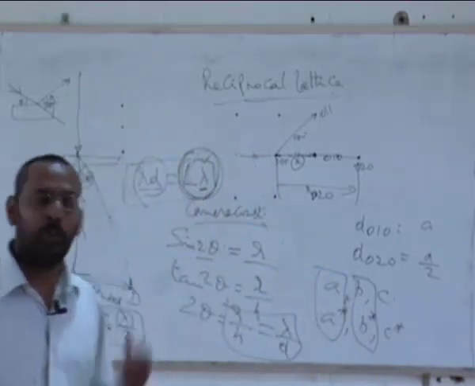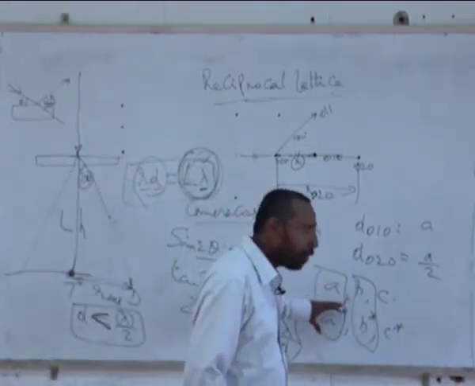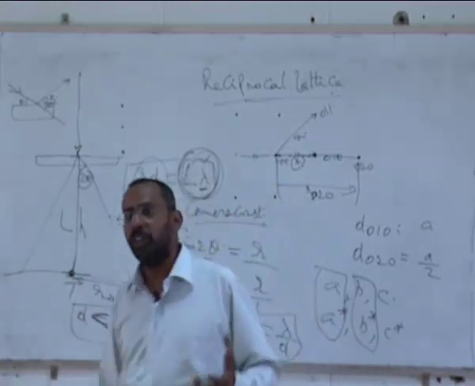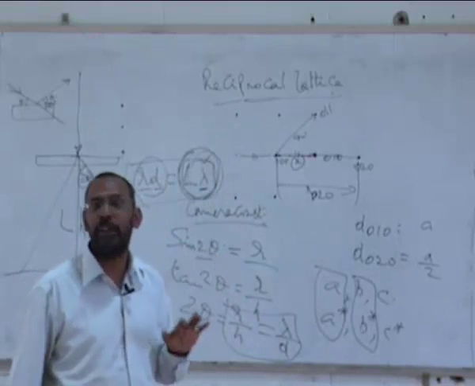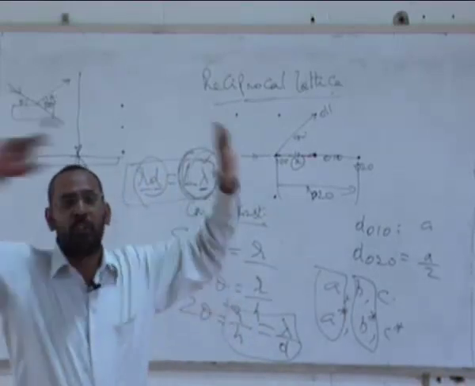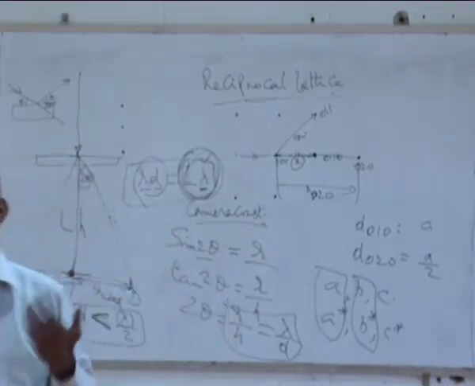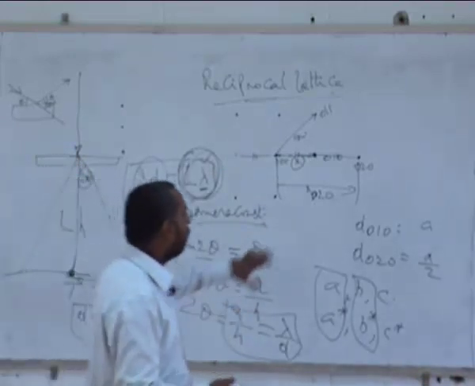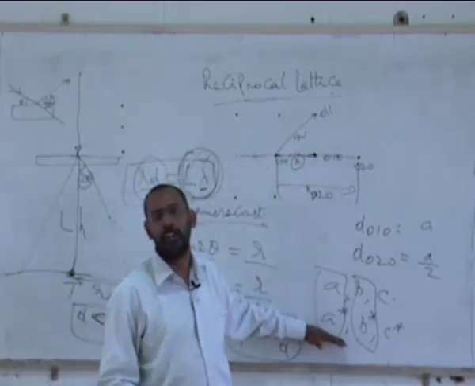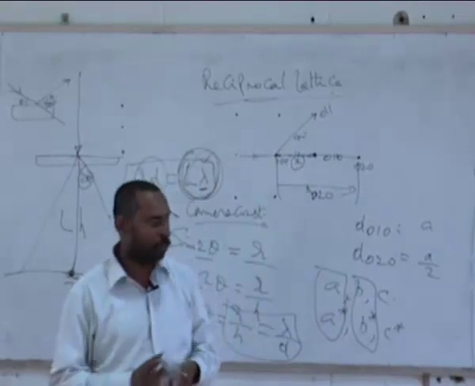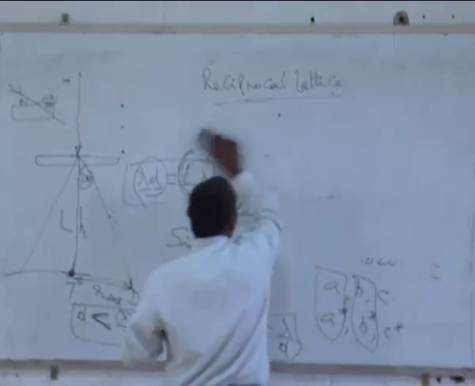And one can do a lot of calculations to find out whether reciprocal lattice can be used as a representation of the real lattice. But one has to remember that the reciprocal lattice is only a virtual lattice. It is not a real lattice, because it is only coming because of the diffraction from a real lattice. But mathematically, to understand the whole crystal structures, the reciprocal lattice will be of great use, and that's the reason why people use this reciprocal lattice. And there are relations between a reciprocal lattice and a real lattice.